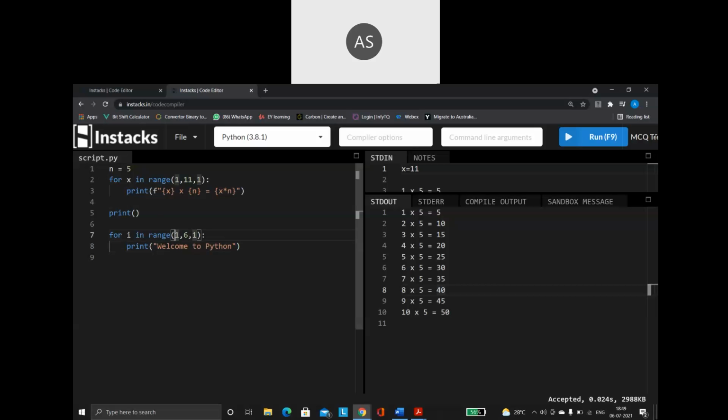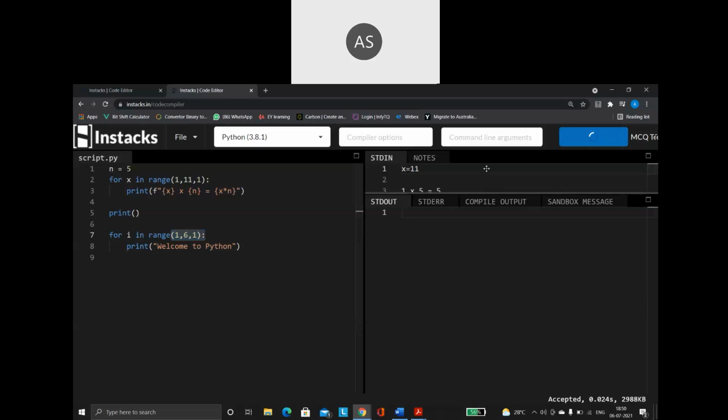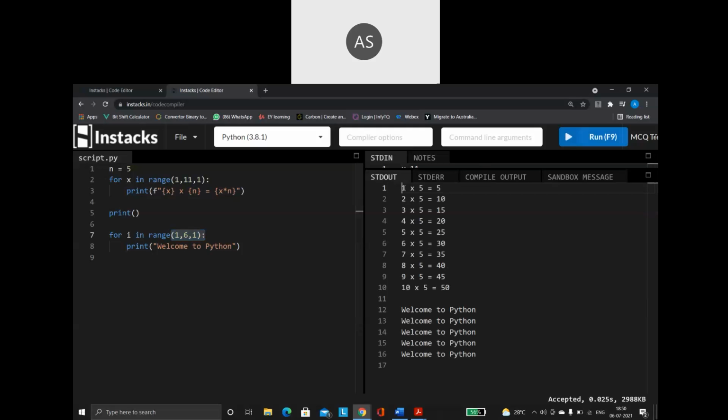So what is this loop going to do? Every time, this range function will generate the numbers from 1 to 5. Each and every time the loop is running, one value, starting from the first value till the last value, will be coming inside this i variable. Then it will come inside the loop, and whatever you are asking it to do, that statement is going to get repeated until this condition is satisfied.